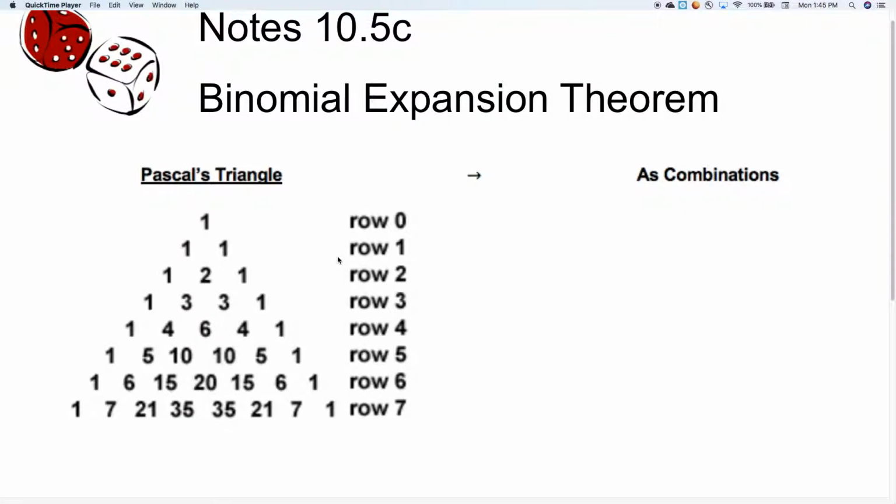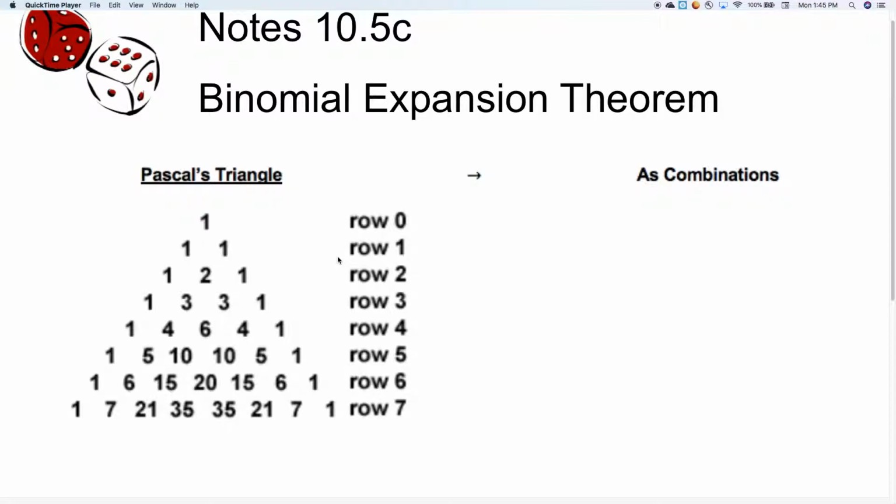Pascal's triangle, that really cool triangle we looked at. We filled in some missing terms and we talked about different patterns. So now we're to the point where we're going to see another interesting part of Pascal's triangle. The one weird thing about Pascal's triangle is when you're labeling rows, we actually count the top row as